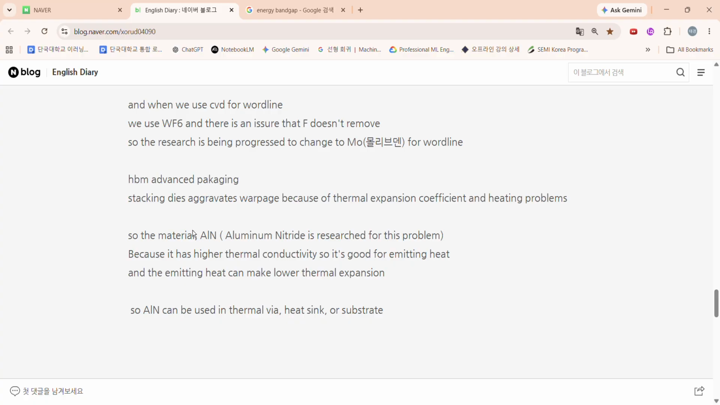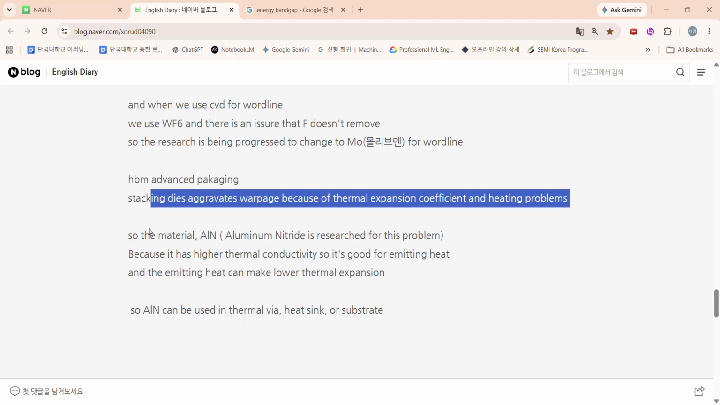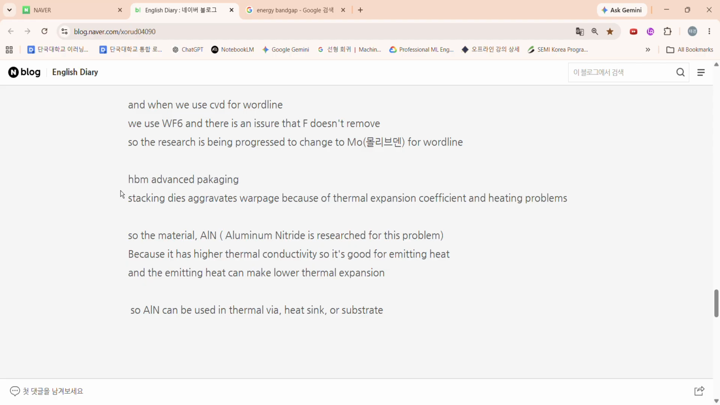And there is one more technology, HBM, advanced packaging. In SK Hynix, the main technology is HBM. HBM means high bandwidth memory. So it has high bandwidth, so the speed is very fast to calculate. It is conducted